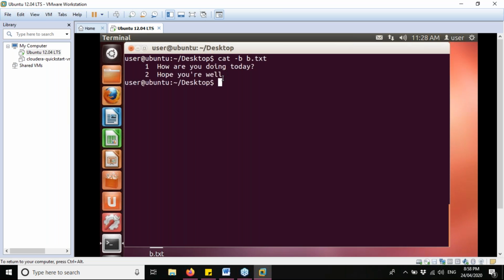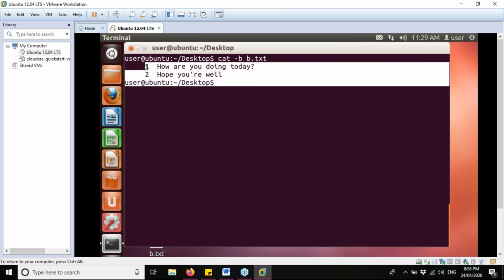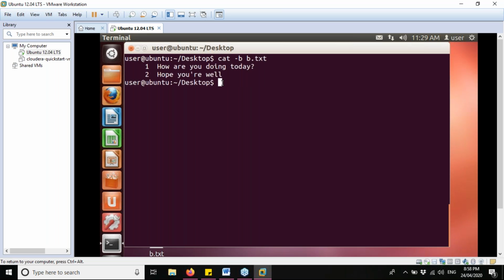See. And now let's check with a.txt as well. Okay, cat space hyphen b space the file name. Now I will write here a.txt and then the enter.